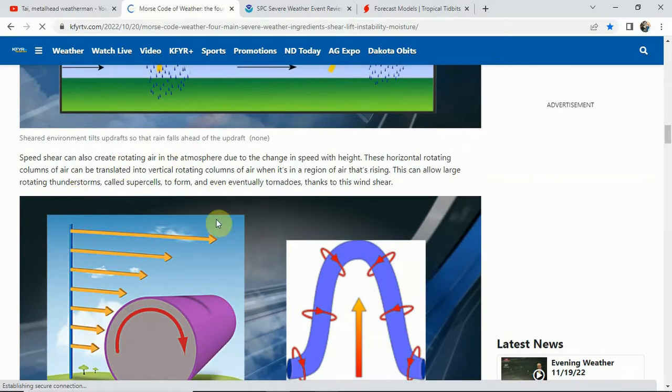The change in speed and height is important because towards the low levels we get that rotating column of air, and then it can be translated into vertical through that speed shear, and then eventually create